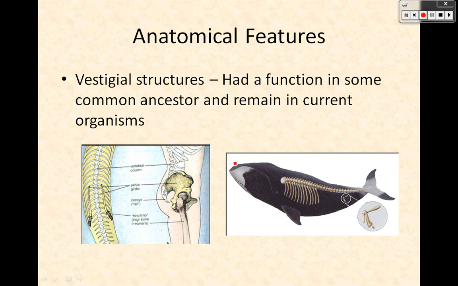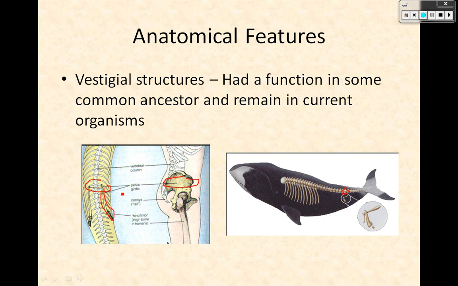You can also see on here, this is a human, and then this is a snake, and this is a whale. And all three of these have what's called a pelvic girdle. Ours is in fact our pelvis, our kind of hip region, okay? It's where our hip is connected. It's one of the major bones of our body. You don't want to break your pelvis. I know someone who did that. It's miserable. The whale also has a pelvic girdle, and then the snake and the whale also